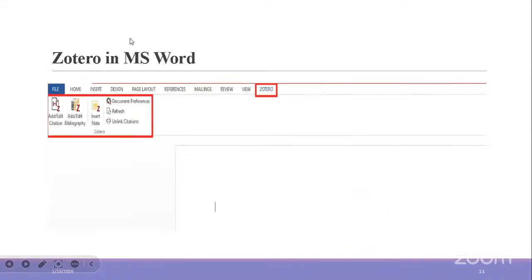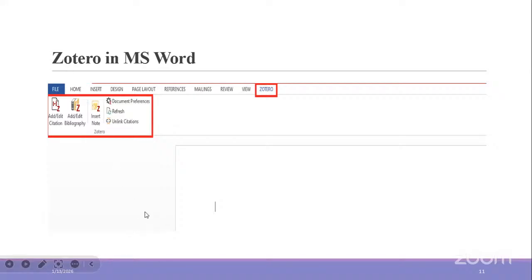So let's start. First of all, I have one question for you. How many of you have struggled with managing the references in your article or thesis or report? Yes, ma'am, it is a very time-consuming task. So in this session, you will learn how to manage your references easily using just MS Word and one more software, that is the Zotero software.